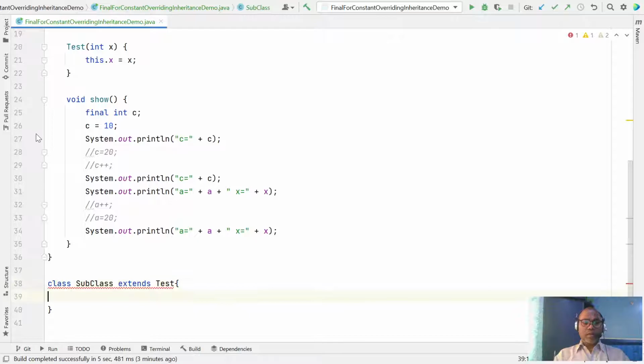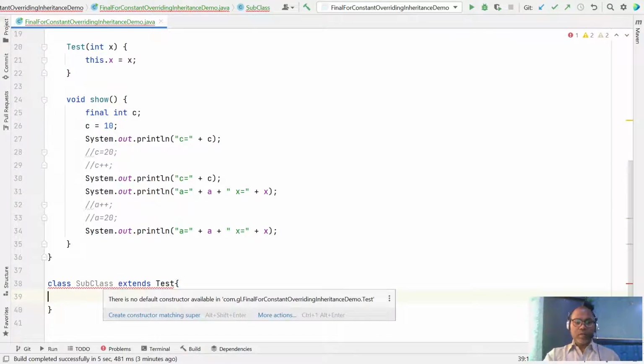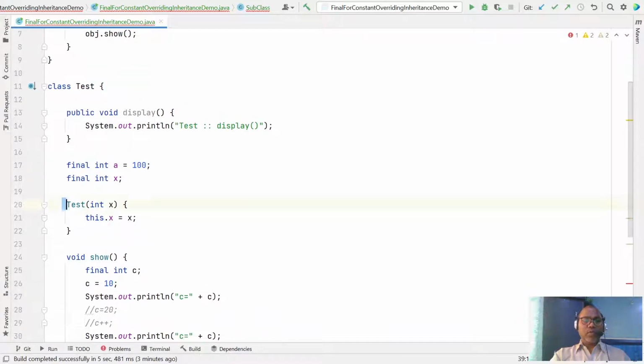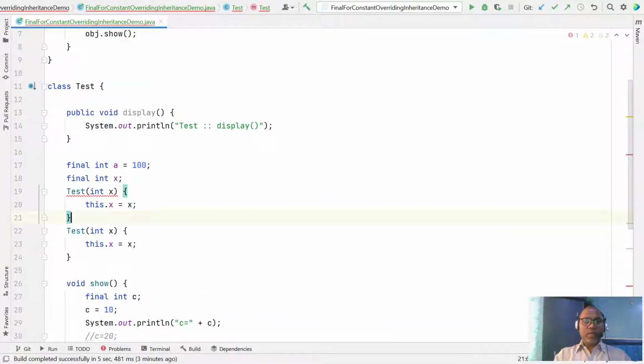No default constructor here, so we have to add the default constructor.